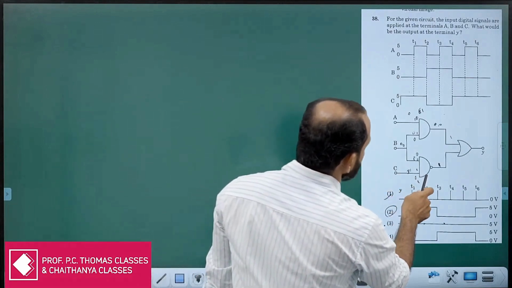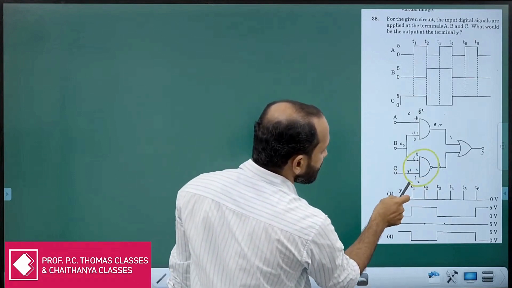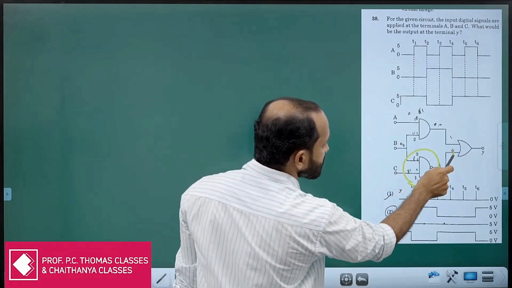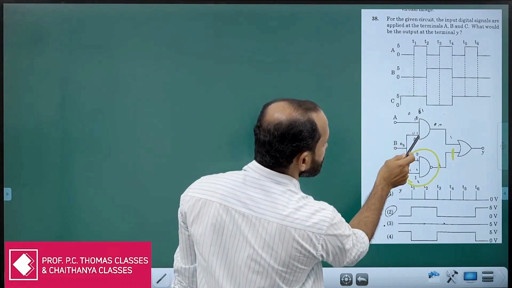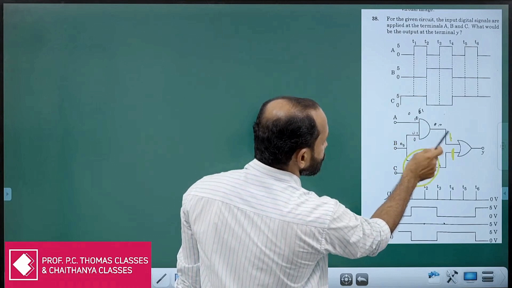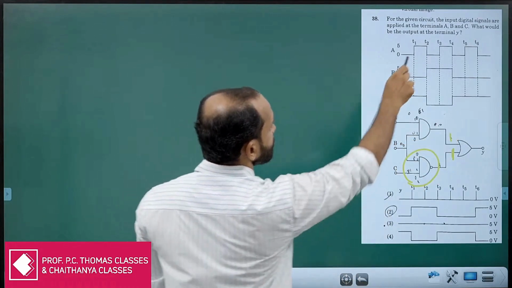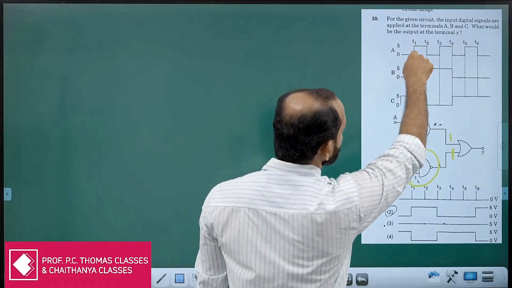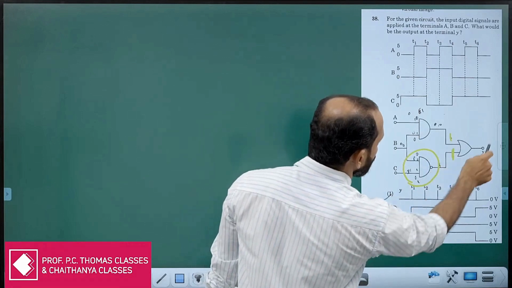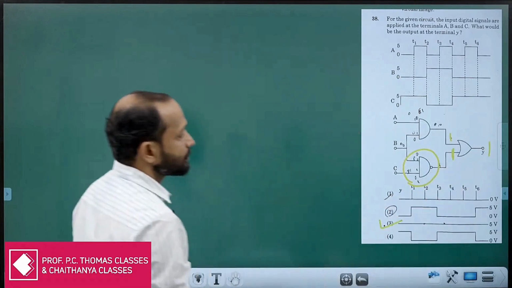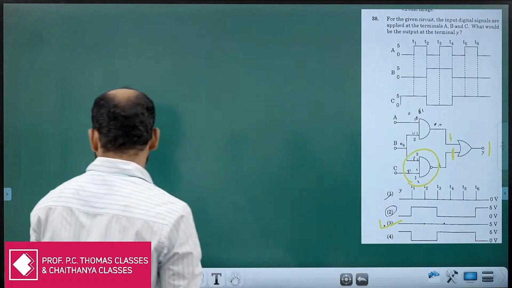Here, logic gate output, why we need this part. This is a NAND gate. NAND gate gives always result 1. Here it is an OR gate. OR gate can give 1, 1, 1, 0, 1, 0, 0; only it gives 0. But 0, 0 is not given all the time. That's why 1 and 1 always give 1. So the output is always constant, 5 volt maximum. That is 3, the right choice.